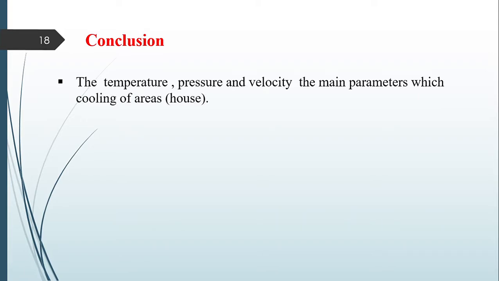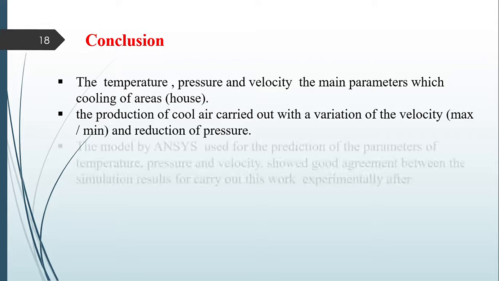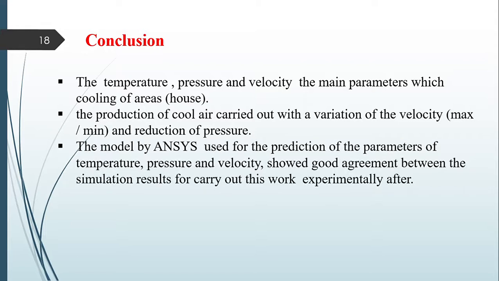The last title is the conclusion. The temperature, pressure, and velocity are the main parameters of cooling of areas. The production of cool air is carried out with a variation of the velocity and the reduction of pressure. The model by ANSYS used for the prediction of the parameters of temperature, pressure, and velocity showed good agreement between the simulation results